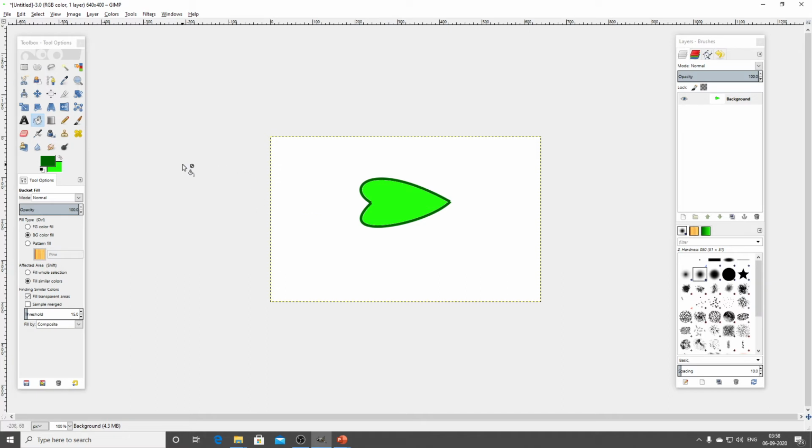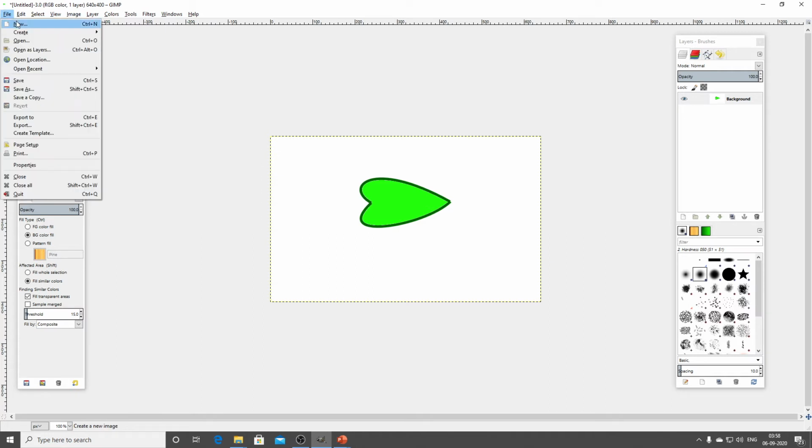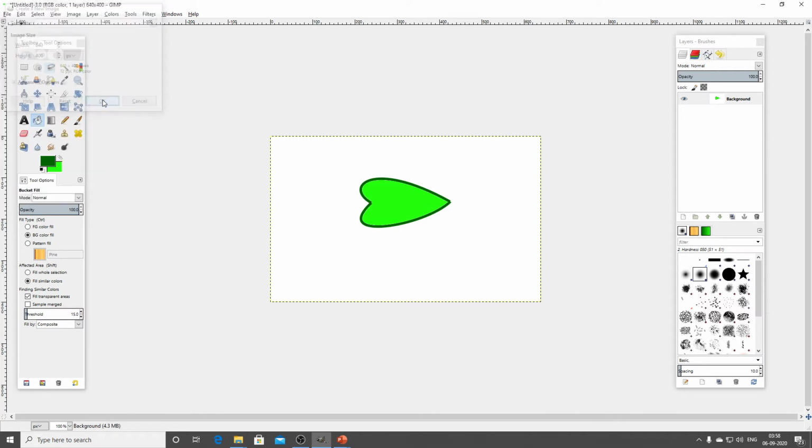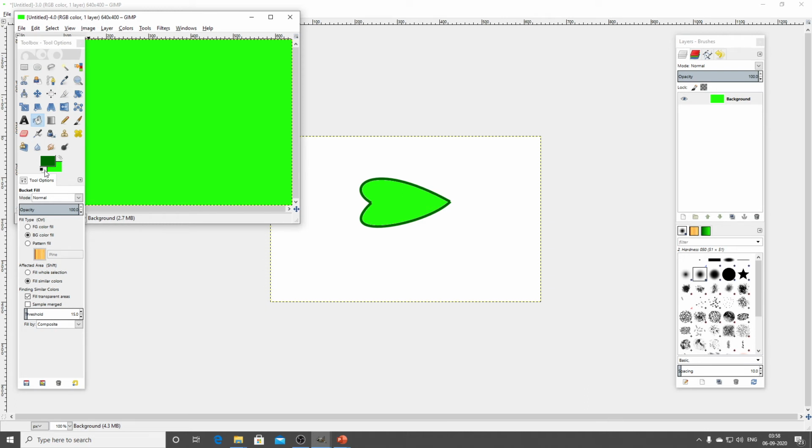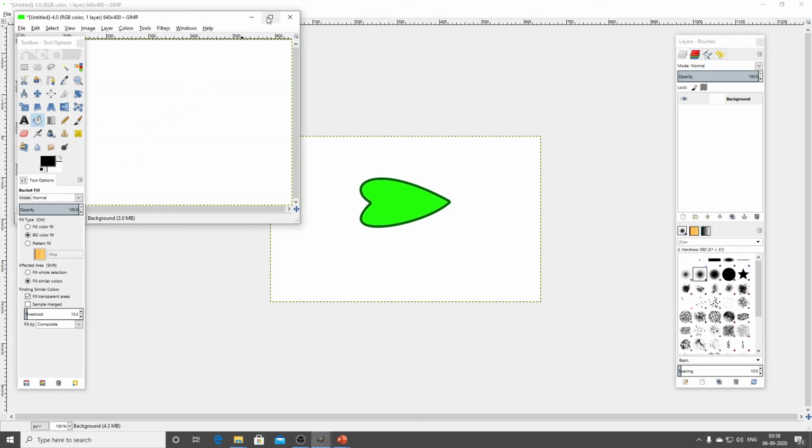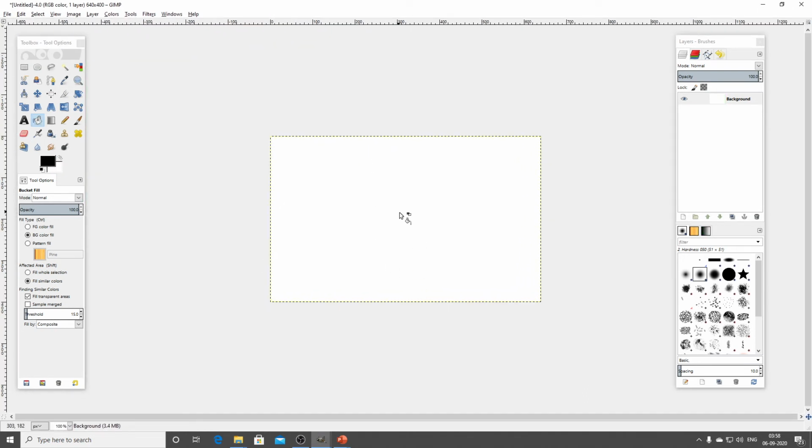Now I am going to teach you how to trace the outline of a shape and how to fill the shape with another color. For that I just create a new canvas. Change it to a white background. Okay, in this, I am going to first download the picture. I already told you in the first chapter, if you want to trace the outline of the picture, first drag and drop the picture in the drop target area.